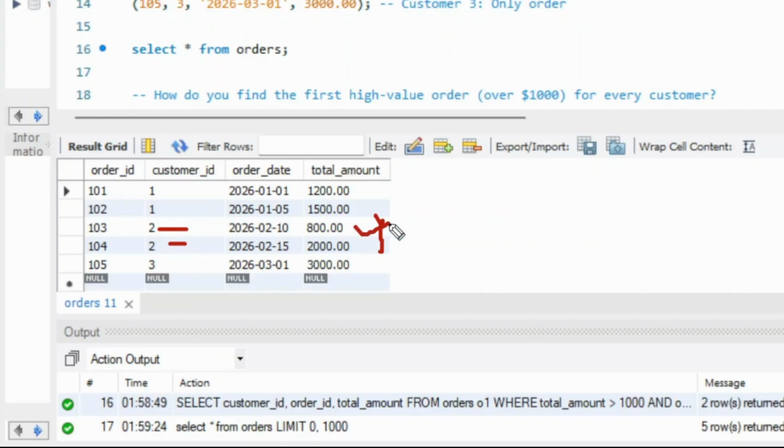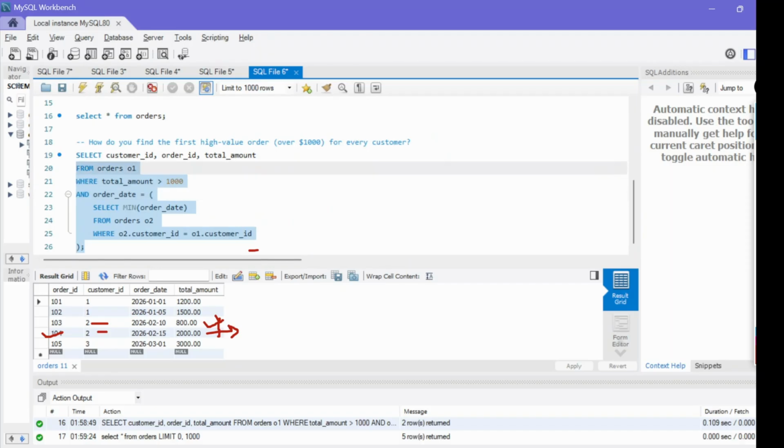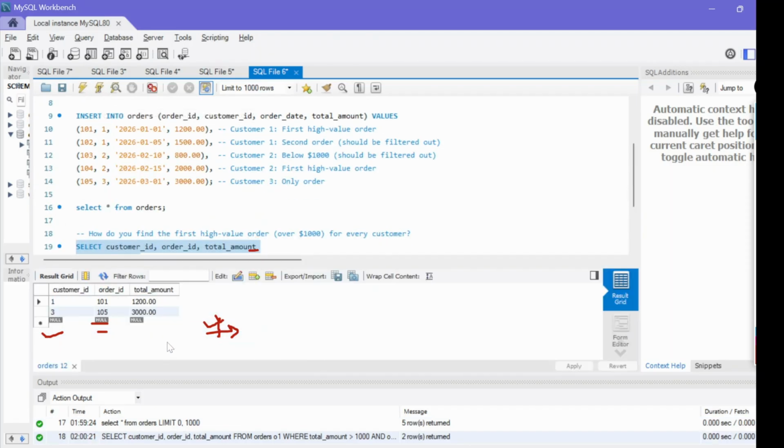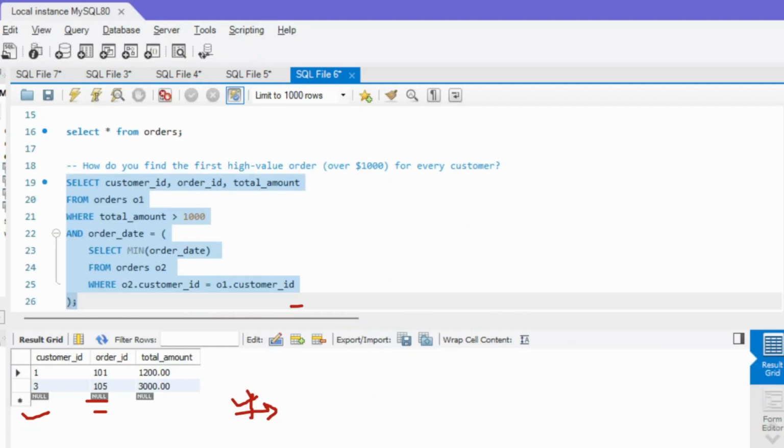The first transaction is of $800, which is not a high value order, but the query should have returned the record with order ID 104 for customer 2, and it's not returning this when we are using this subquery. So that is a glitch. So we have learned that the concept of subquery not only slows down the process and the servers, but it sometimes also gives the wrong results.